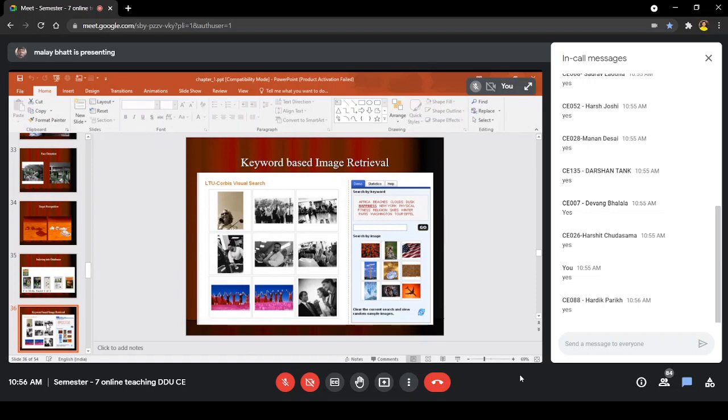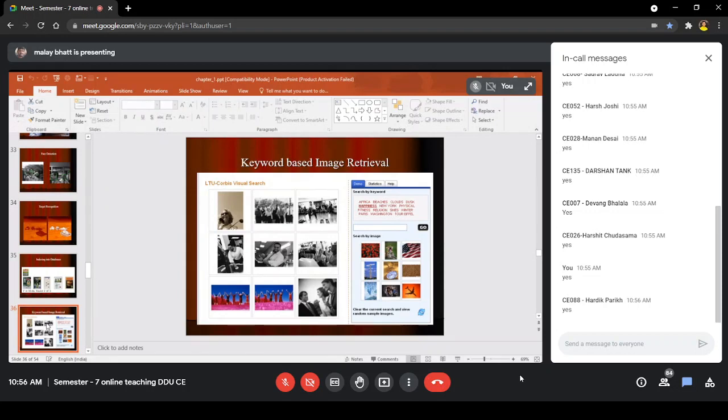So this is a very well-known such software which was developed many years back as an introductory part, and now Google is using various search algorithms to achieve the goal. So you can see there are certain keywords given: Africa, then beaches, then clouds and dusk, happiness, New York, and other words are there.